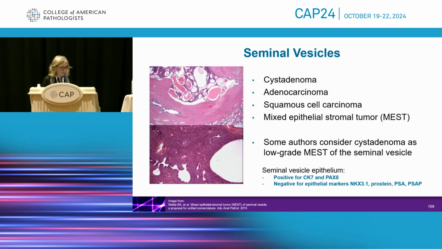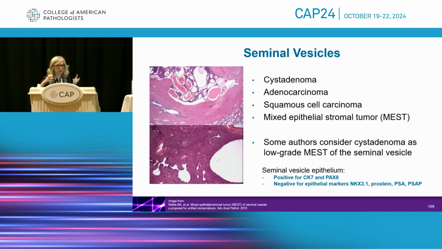So, as you said, that was actually my first consideration, given how the MRI described the lesion, how the surgeon described the lesion, and how the gross specimen looked. It was enwrapping the seminal vesicle. In the seminal vesicle we don't have a lot of pathology, but we can have cystadenomas, adenocarcinomas, very rare cases of squamous cell carcinoma, and MESTs, mixed epithelial stromal tumors. So some people consider cystadenoma and MEST the same entity on a spectrum,